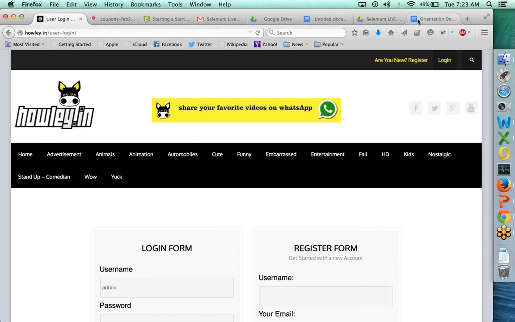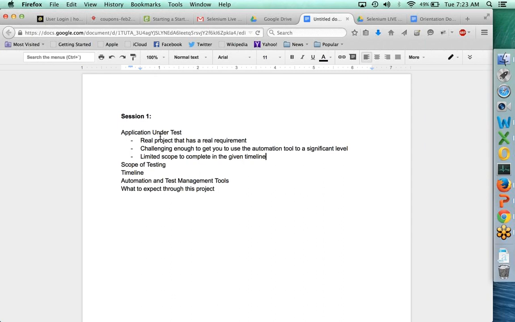Now, if I go back to what I said in session one, we want to make sure that we have an application that is real. It's challenging enough to get to use the automation tool to a significant level. At the same time, the scope is limited to a certain activity so that it does not create an endless cycle, because sometimes there's no end to it, team. Just setting up this will be very long. Seeing all this, I was proposing Howley.in, but what I could do is,